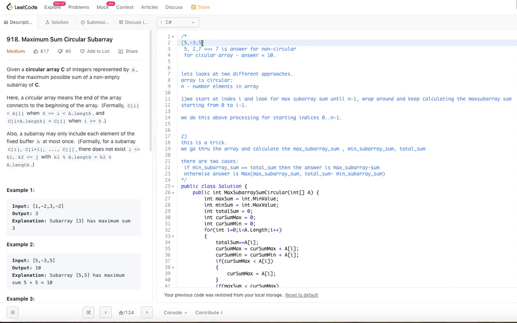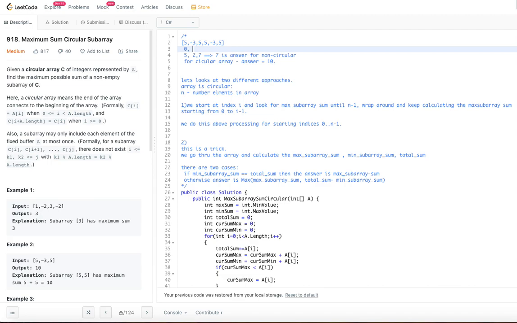If you want to understand a little more, let's visualize. Say we started at minus 3, so we should end before minus 3. The indices are 0 1 2 0 1 2, like that.